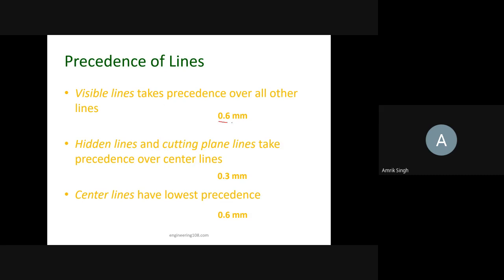So it is 0.6 millimeter, the hidden lines and the cutting lines are drawn at 0.3 millimeter, and the center line has the lowest precedence. Okay, so this is thicker, this is thinner, and this is further thinner.